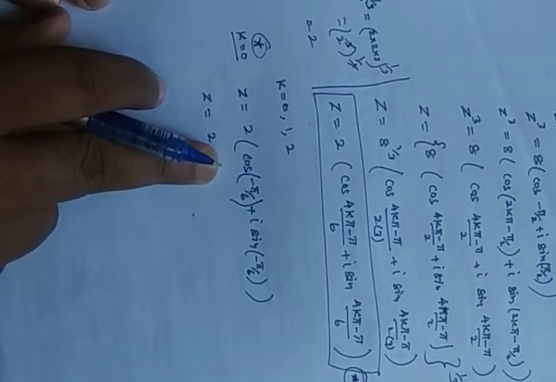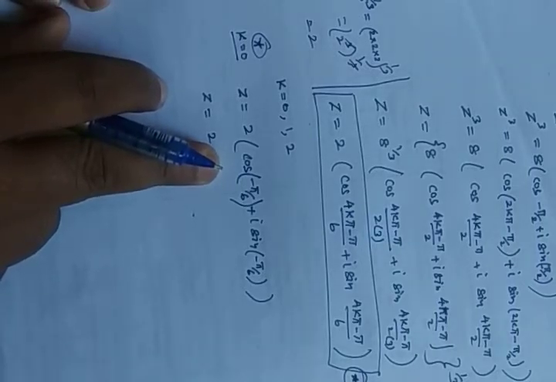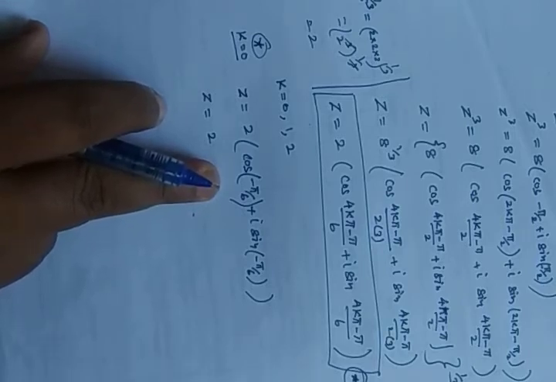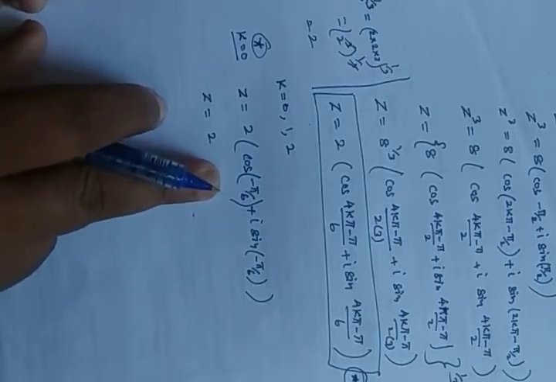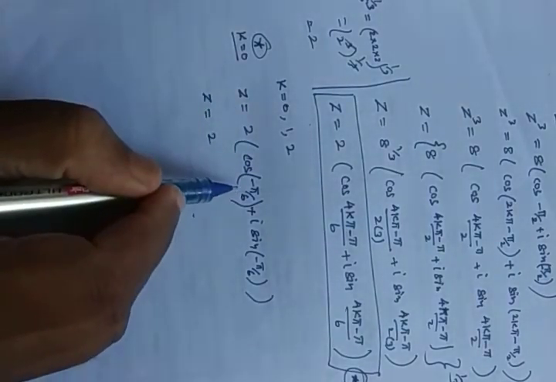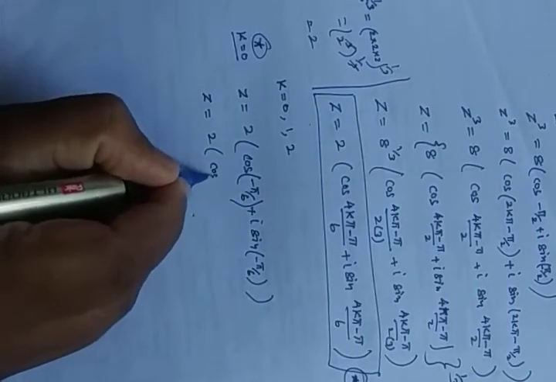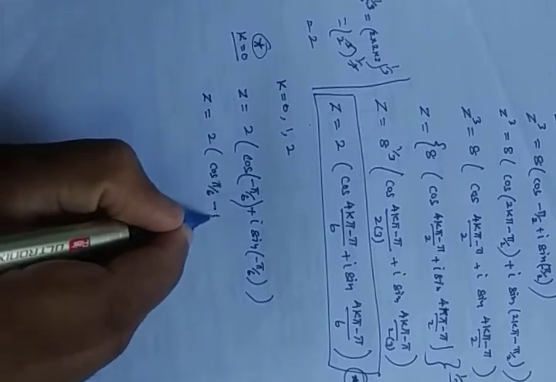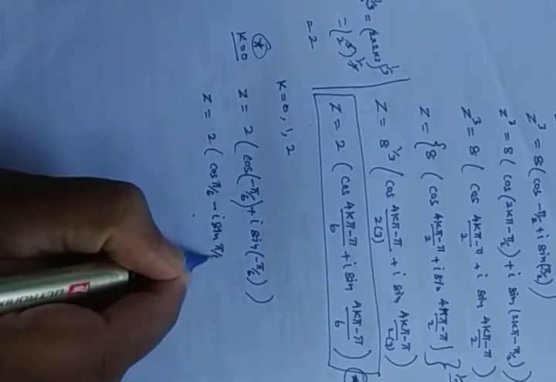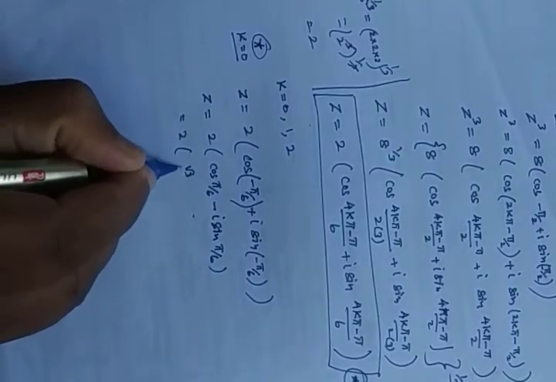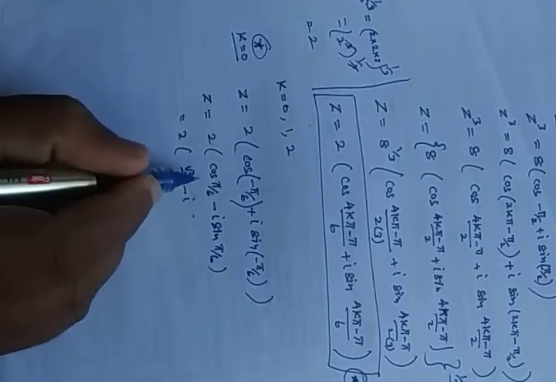So cos 30 value we are getting, that is pi by 6. Pi by 6 is 180 degrees by 6, which we are getting as 30 degrees. What's the value of cos 30? That we need to take. See, as we know, cos of minus theta is cos theta. That's why cos pi by 6 will come. Here sin of minus theta is minus sin theta. That's why it's minus i sin pi by 6. In 11th standard itself we have told you. So that's why cos 60 degrees, sorry, not 60, 30 degrees.